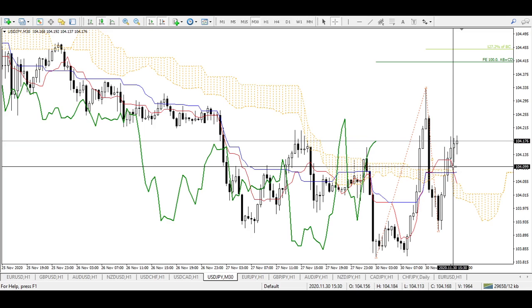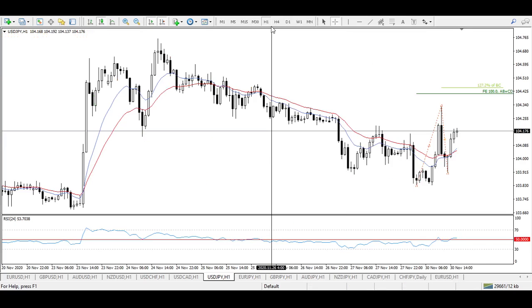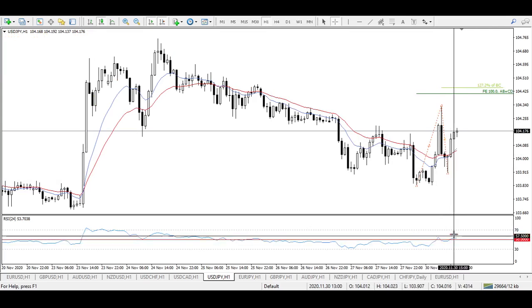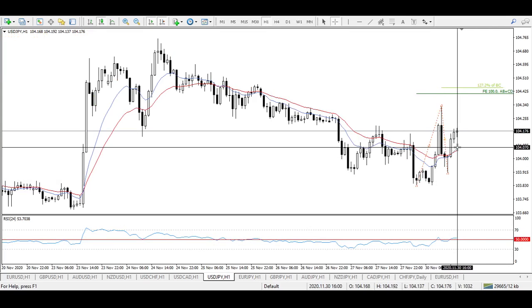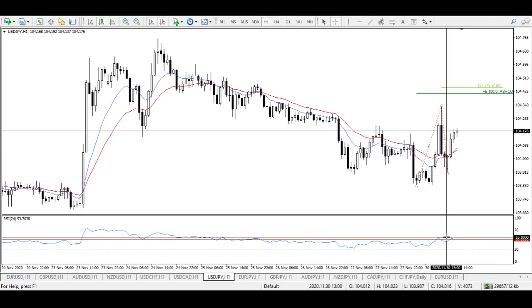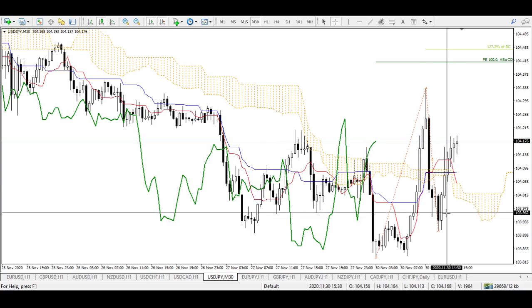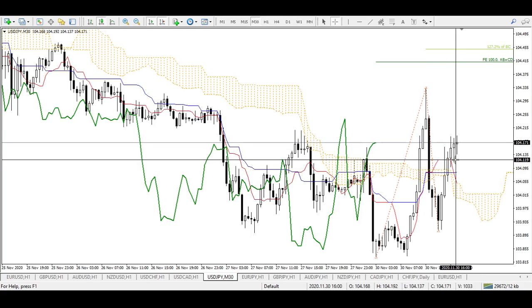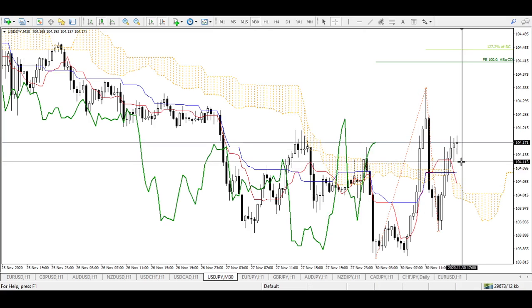and simultaneously this moving average crossover and this RSI crossover took place on this 1 hour time frame. So the things happened simultaneously: moving average crossover, RSI above 50, and the price above Ichimoku cloud all took place simultaneously, and I took my position at 104.10, and my stop loss from here